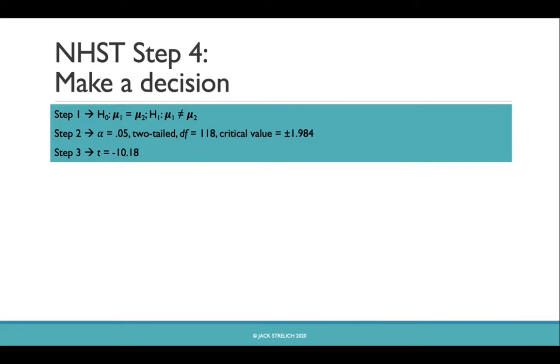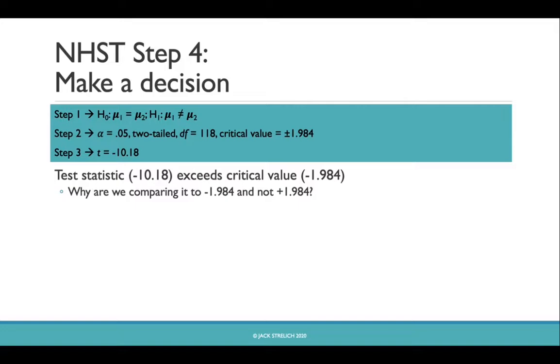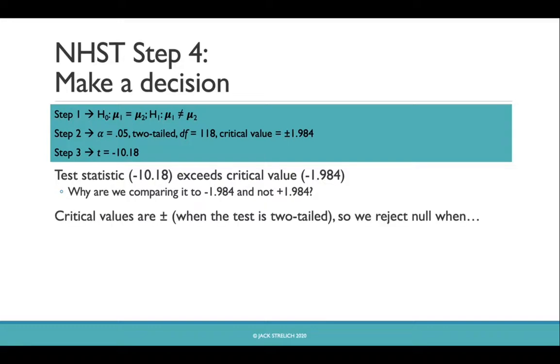So now that we've calculated our t-statistic of negative 10.18, it's time to make a decision. Notice that our test statistic, negative 10.18, exceeds our critical value of negative 1.984. Now, you may ask, why are we comparing it to negative 1.984 and not positive 1.984? The answer is that when we run a two-tailed test, we have two critical values, one positive, one negative, with the same absolute value. So we reject the null either when the positive test statistic